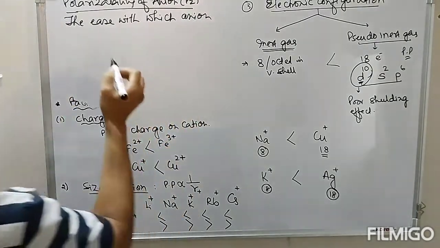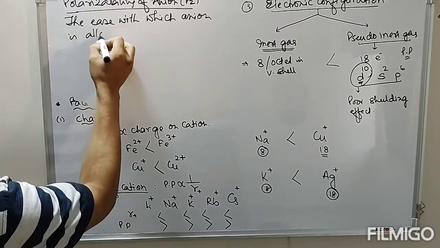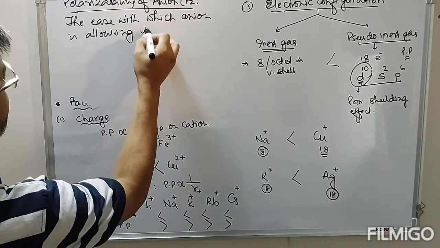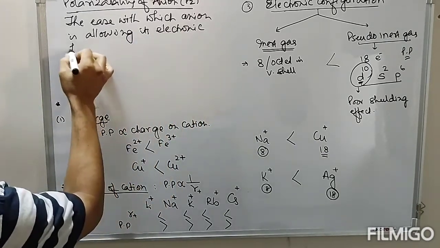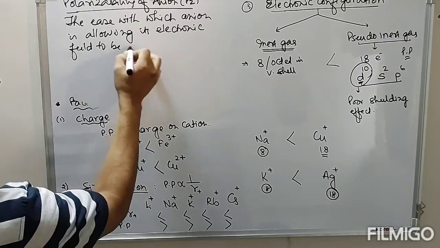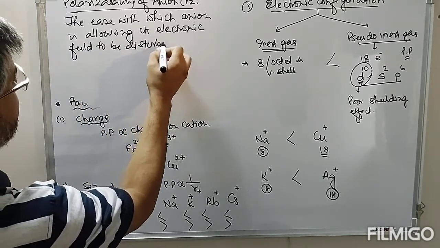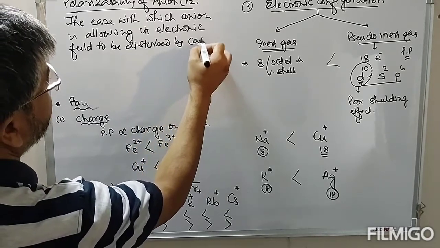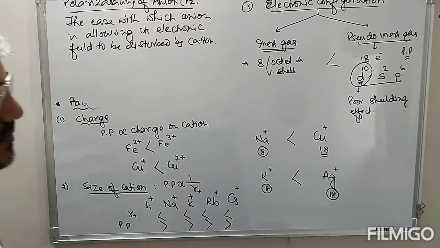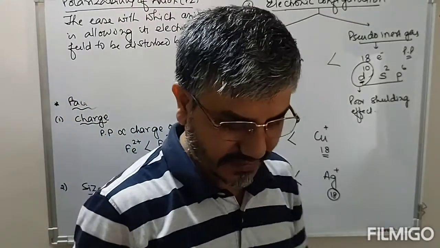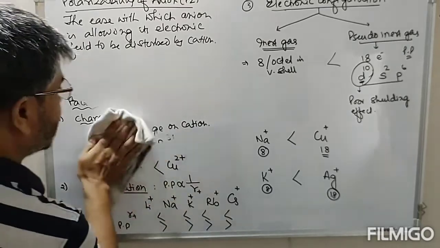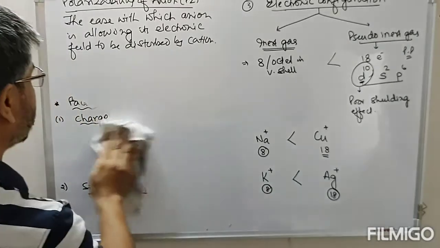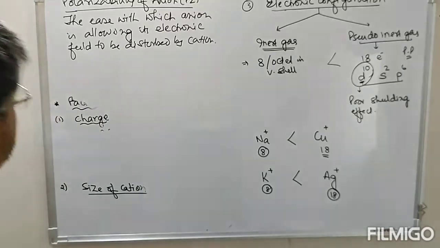The ease with which the anion allows its electronic field to be disturbed by the cation is known as the polarizability of the anion. So we have the polarizability of the anion. Now look at this. What are the factors on which the polarizability of the anion depends? So coming to the factors affecting the polarizability of the anion,